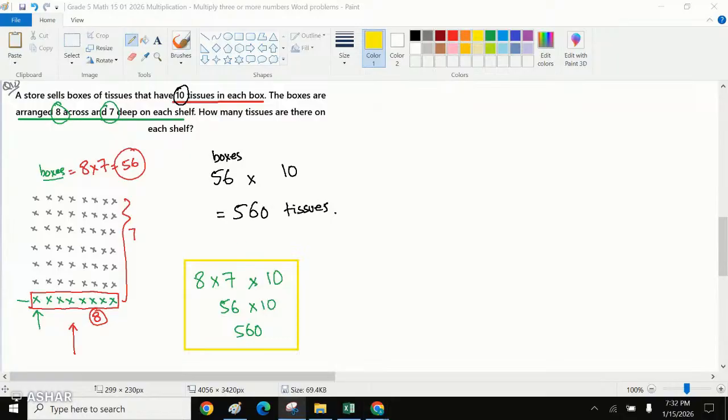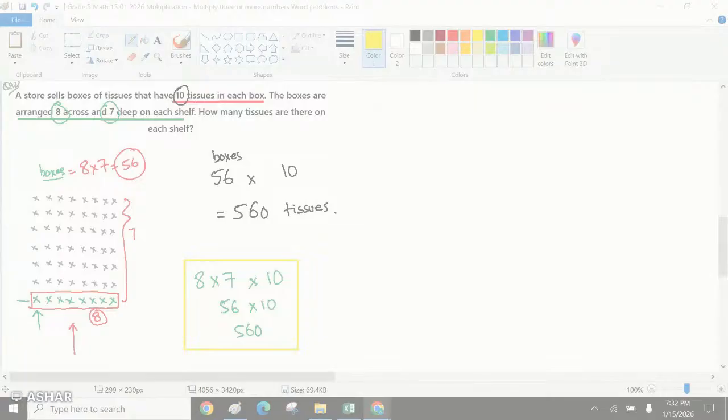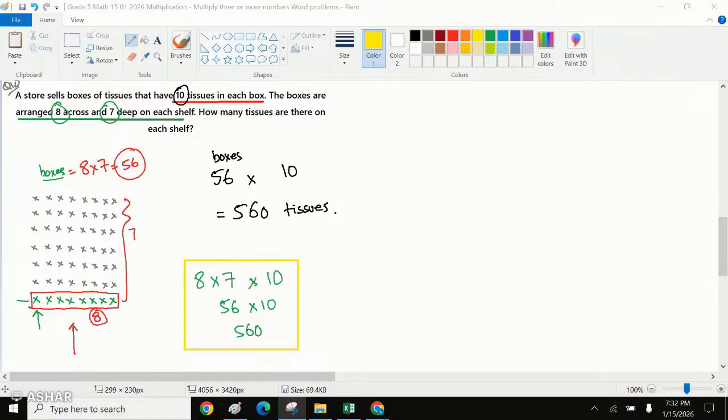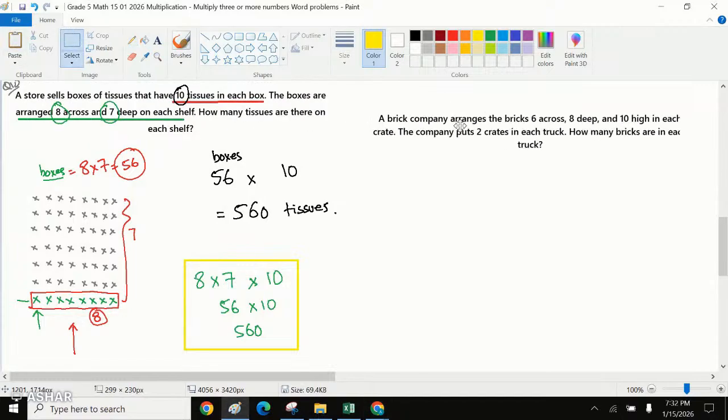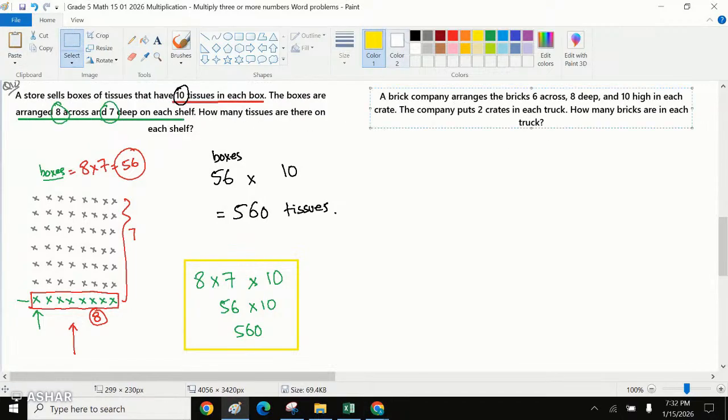After this, let's do some questions from the test. So the question tells us a brick company is there. This is our question number 11. A brick company we have,